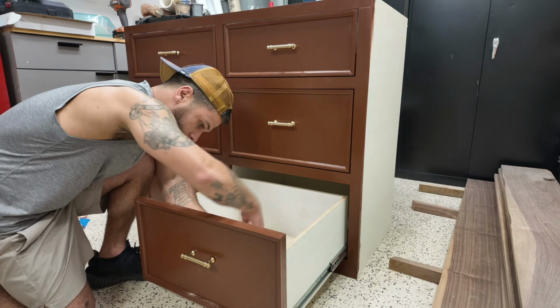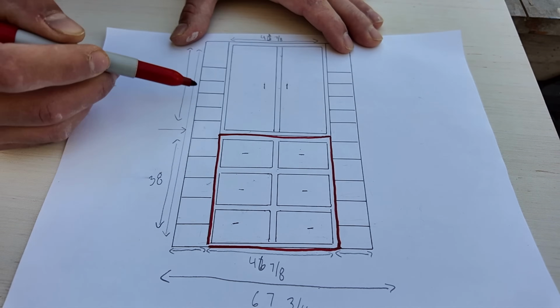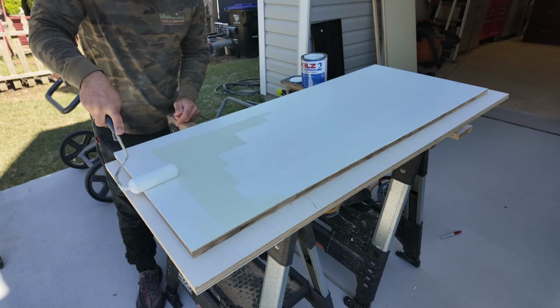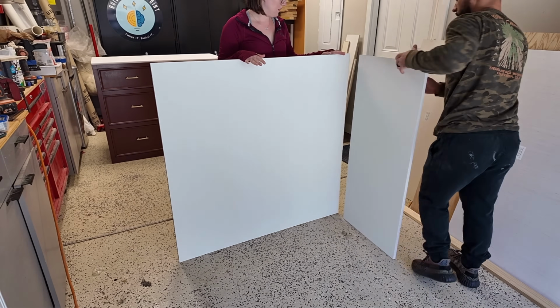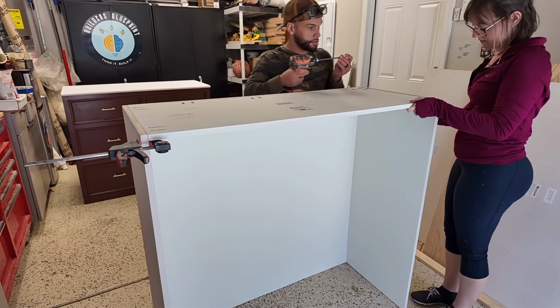Once we finished installing the handles, we were finally finished up with the bottom part of the cabinet, and now it was time to build the top part of the cabinet. We decided to prime all the pieces before screwing them together, just to make it a little easier to paint later on. After letting them dry for a couple hours, we brought them into the garage and started to screw